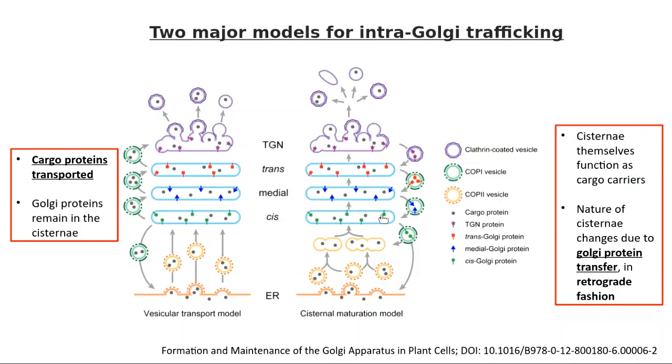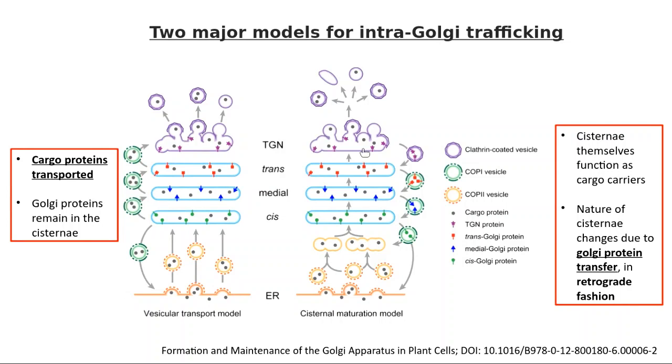As they are transferring the enzymes, they are basically changing the nature of the compartment from cis to medial, medial to trans, and trans to trans Golgi. Now, if this eventually becomes trans Golgi, what will happen to the cis and medial? Remember, this particular layer formation is happening constantly. So by the time this one becomes the trans Golgi, two more layers get formed, so that it can transfer the materials here and then here. So it's a continuous process. Each layer gets formed and each layer gets the enzymes from the previous compartments. So that is called